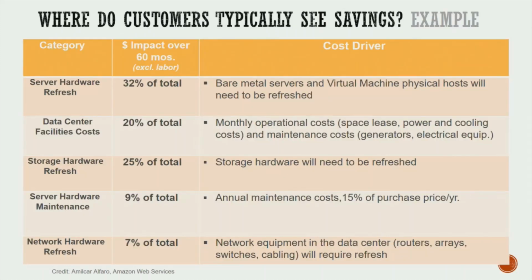One study from Amazon says that the biggest contributor to their cost is upgrading the hardware, almost 32% of the TCO. Then 20% of the cost goes to data center facilities like cooling, power, and space. Storage hardware refresh is 25% of the cost. This survey was done by an Amazon Web Services person by studying the in-house infrastructure of a big bank that used its own data center. So as you see here, as we discussed, most of the cost goes into the storage and the server hardware, and if you optimize that on the public cloud, as you see in the other graph, you can bring your cost really down over a period of time.